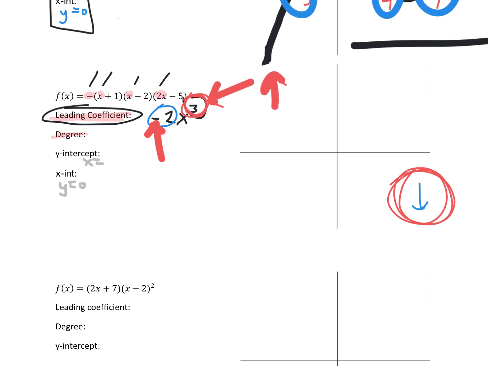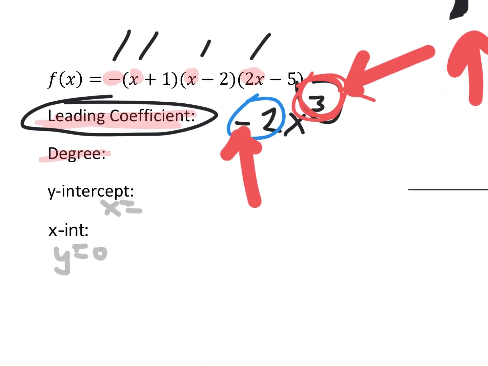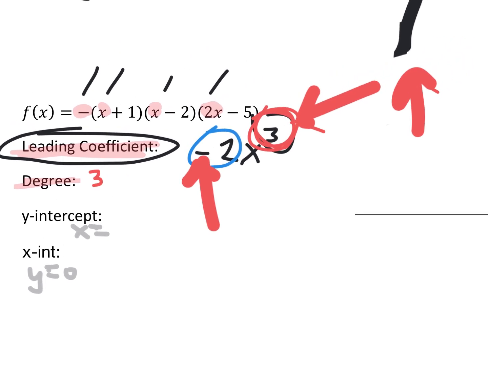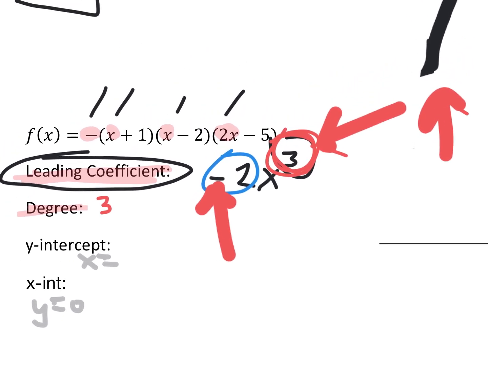Okay, next thing is the y-intercept. Row 2, person 2, Addie, that's you. How do you figure out the y-intercept? We multiply the 1 with the negative 1. Yep. The y-intercept is where x equals 0. So you put a 0 here, and here, and here. And you end up with, don't forget the negative, negative 1